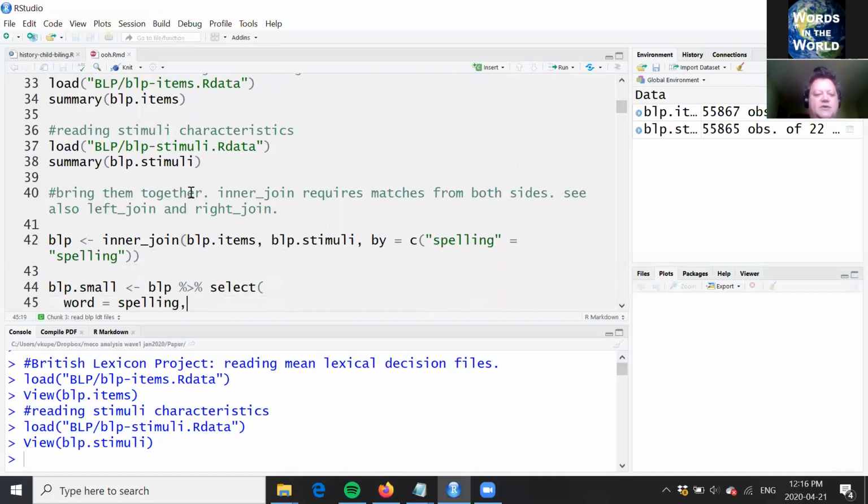So in line 42, we use one of the functions of the tidyverse library, which has a name of inner_join. We provide as an input the two data frames that we just read in, VLP items and VLP stimuli, and we have to specify the column or columns that we want to merge these two files on. So in this case, both the first file and the second file have spelling as the name of the column, and so the join command will use that column in both files to bring together their